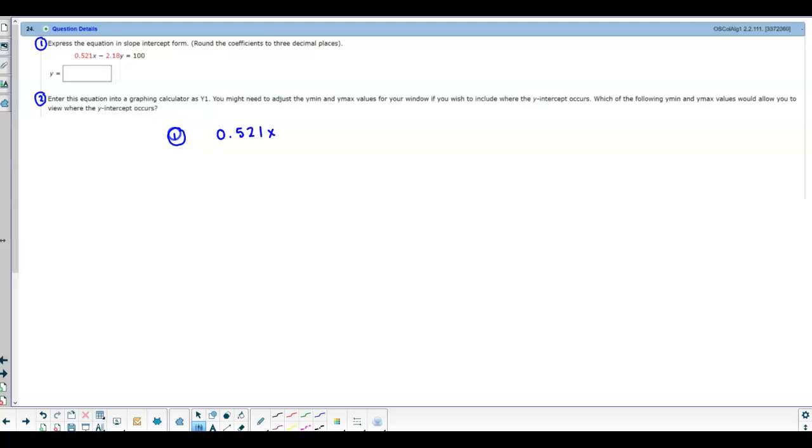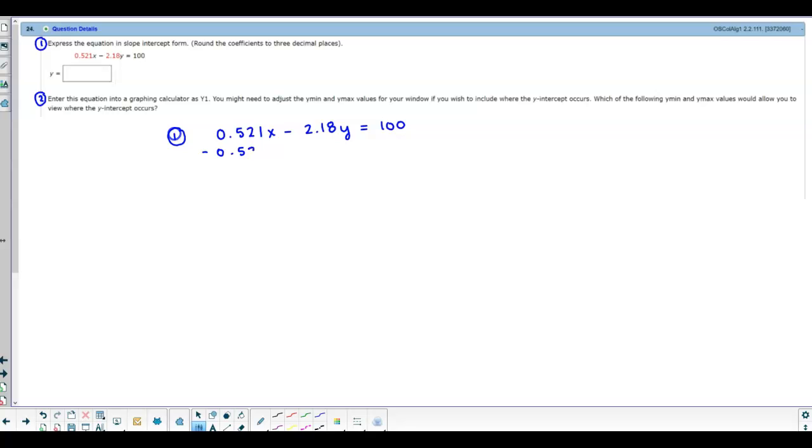Question 24. Express the equation in slope-intercept form and then round the coefficients to 3 decimal places. So this is the first part, and then we'll work on the second part once we conclude the first part. So the first part, we have our equation